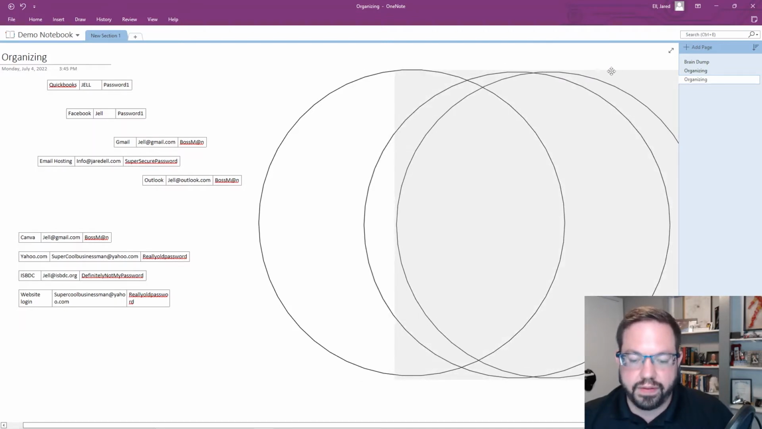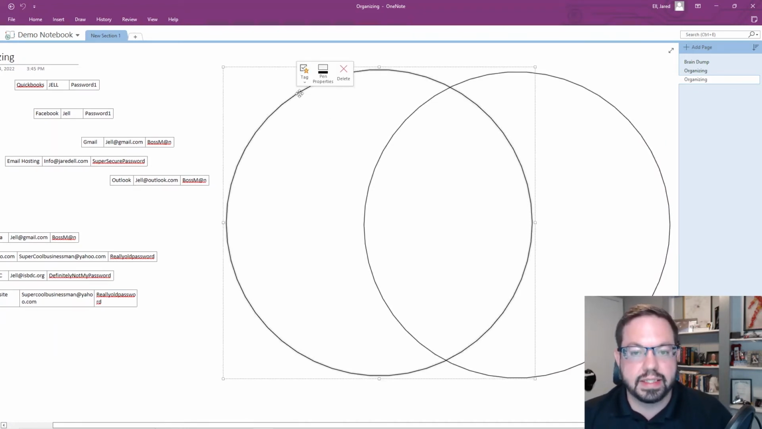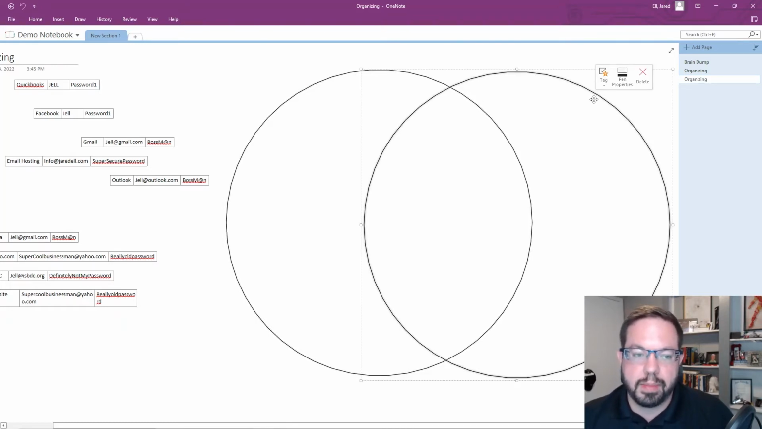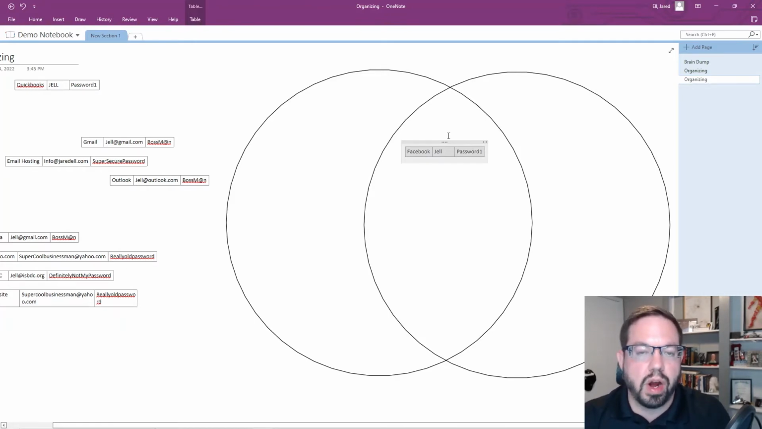And you can write this in if you want. I'm not going to because I can remember, but we're going to say that this left circle here is our business applications and accounts. This right-hand circle here is our personal applications and accounts. And this middle area is where we have things that we use for both. So for instance here, we use Facebook and our Facebook account for personal use, but we also have that tied to our business page, right? And so that's a good example of something that might be used for personal and also